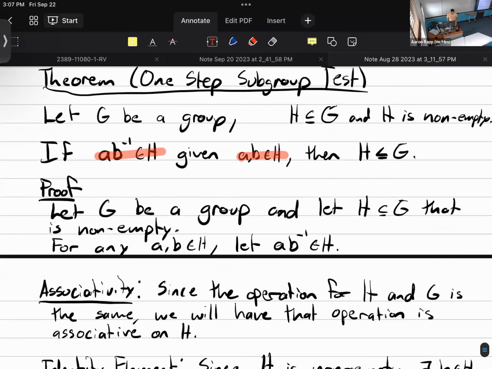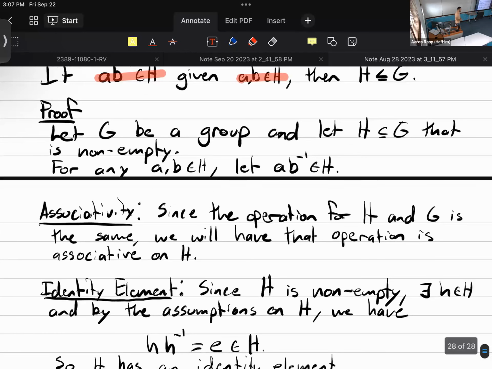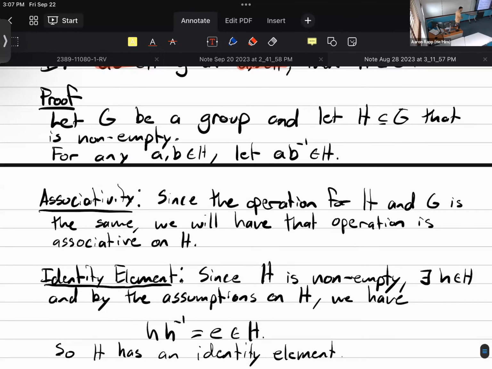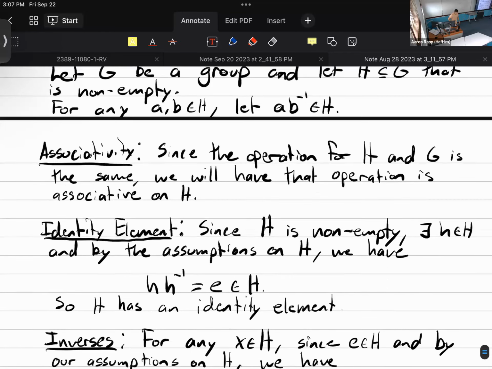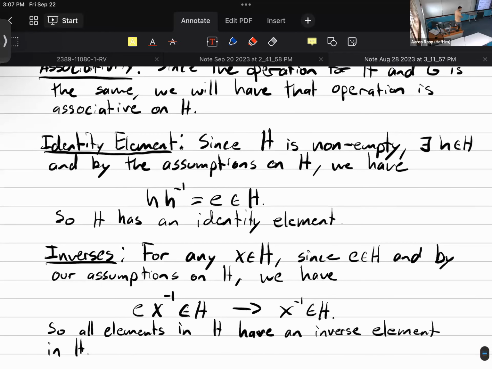So we went through and we said, okay, as long as H has that particular property, we get associativity. I get that for free, right? Because we're already working inside of a group. All associativity is about is that operation, and we're still using the same operation. So we're all good there. The identity element for G also ends up being the identity element for any subgroup. Because how many identity elements can we have in any group? One. And if H is a group existing inside of G, it should have the same identity element. We were able to show that.